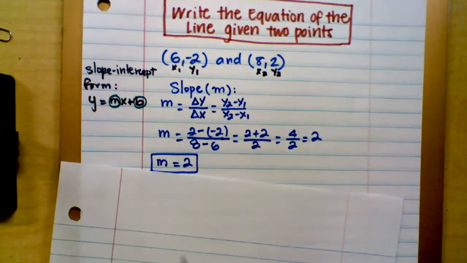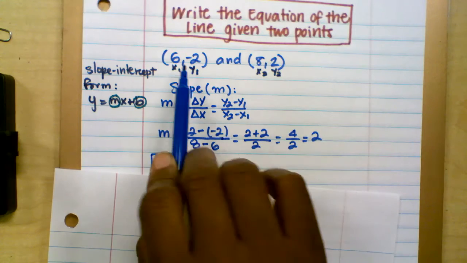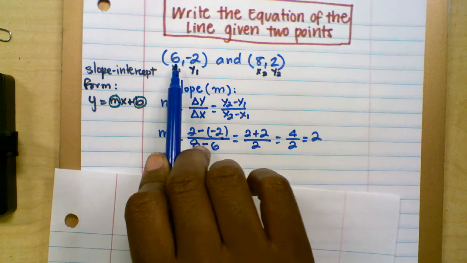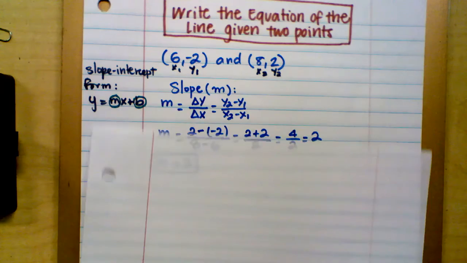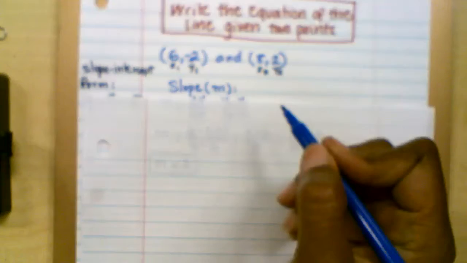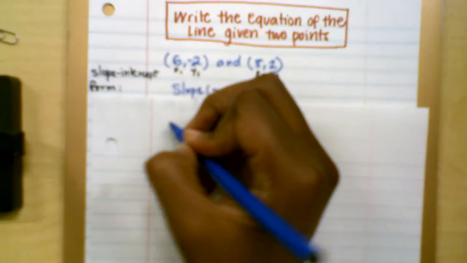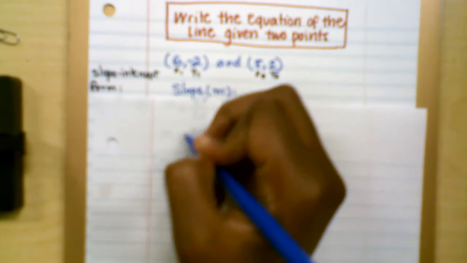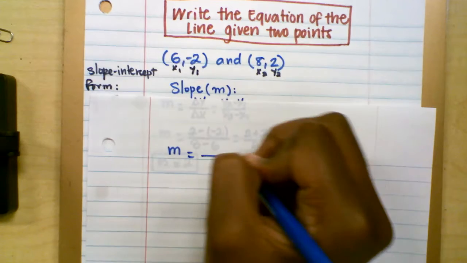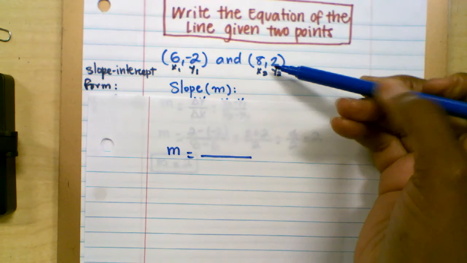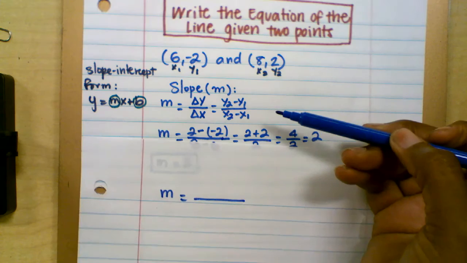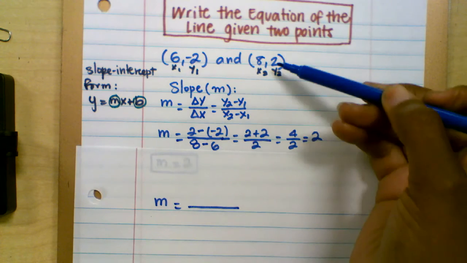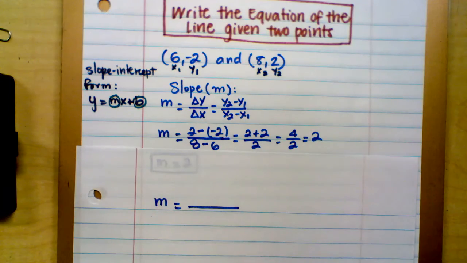I could take the difference from left to right. What do I mean? To find the slope, I could have started with m equal, instead of doing 2 minus -2,